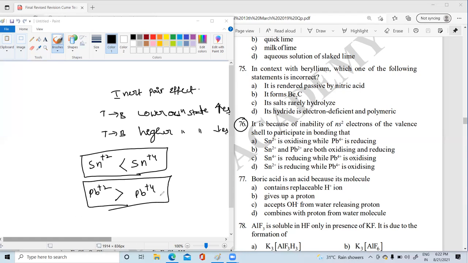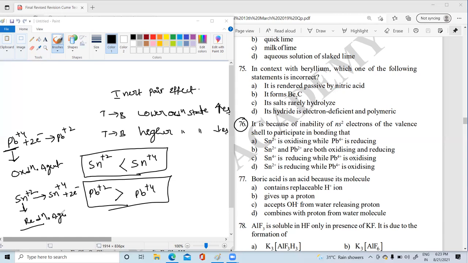So I'm going here directly. If you see, the +4 is unstable, so immediately it is converted to the +2 state by gaining electrons. Nothing but it is undergoing reduction, so it is acting as a good oxidizing agent, students. If Sn is in the +2 state, it is unstable and immediately converted to the Sn+4 state by releasing 2 electrons, so it is undergoing oxidation. So this is a good reducing agent, students.